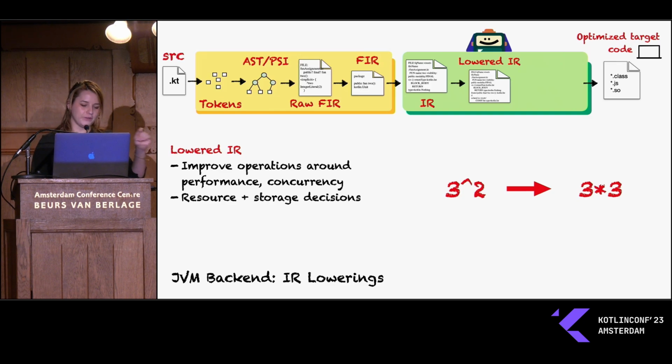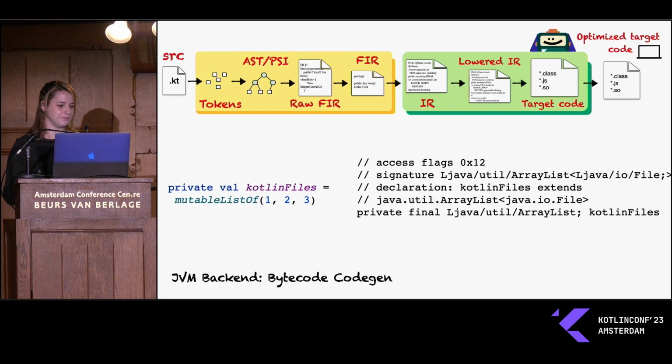So it simplifies operations, and it improves the quality and performance of produced machine code, especially around things like concurrency, and it also looks at resource and storage decisions. Okay, now the bytecode. The JVM bytecode is finally generated, and optimizations are performed on the bytecode, not shown in the screenshot. And in the case of the JVM backends, bytecode is generated and sent to the Java virtual machine